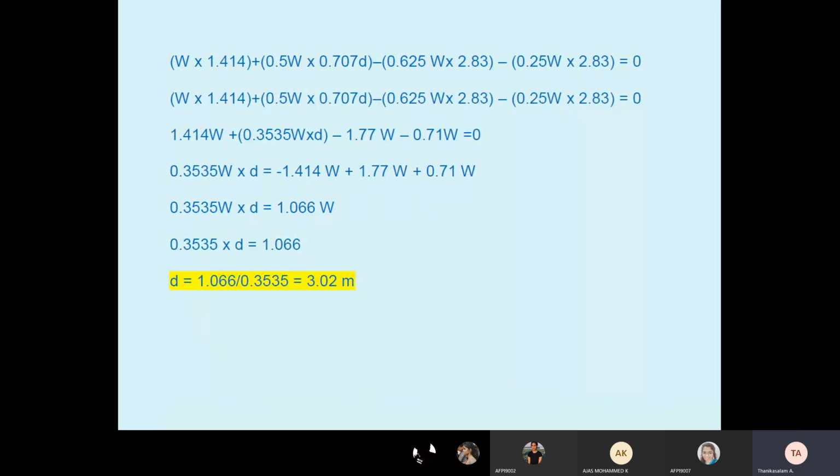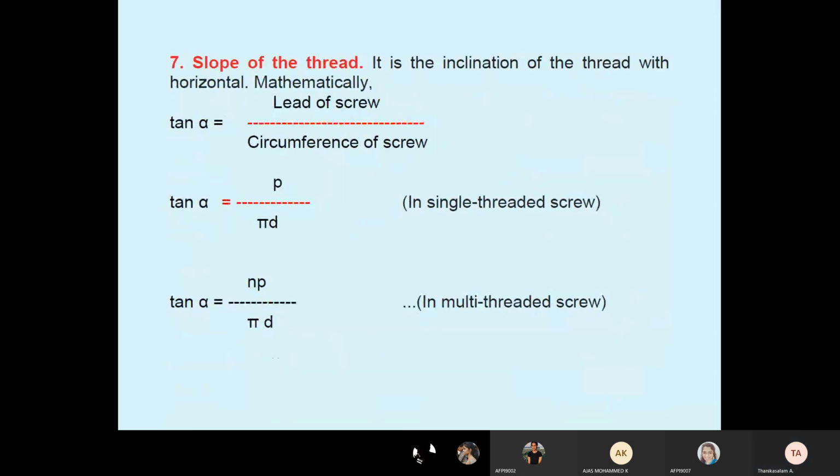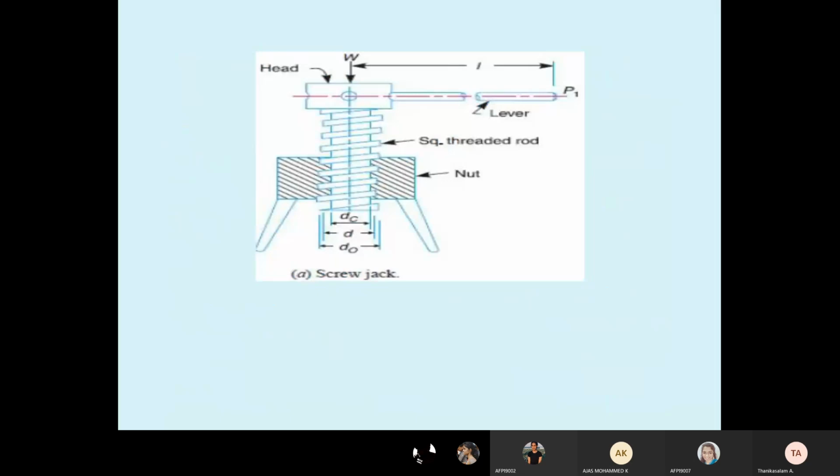Today we are discussing screw friction. You know a screw like this, you have seen it many times. Nowadays, different types of screws and lifting mechanisms are available. This is the old-days screw jack for lifting any weight. I have to rotate it to lower the weight or lift the weight. There are two purposes, students, for which we can use a screw jack.